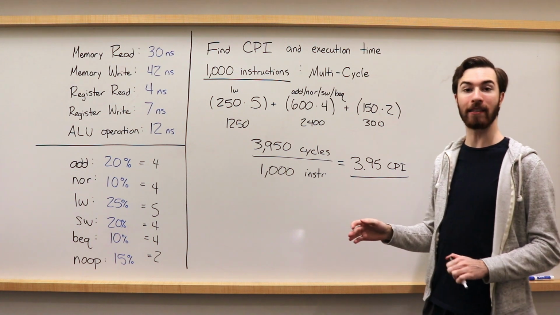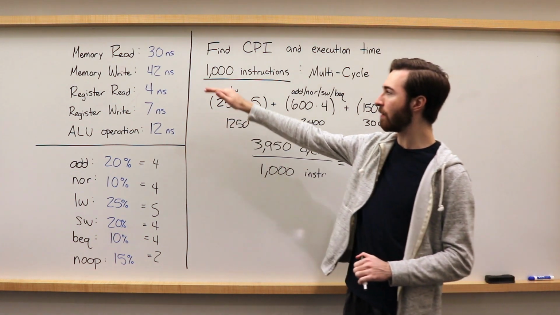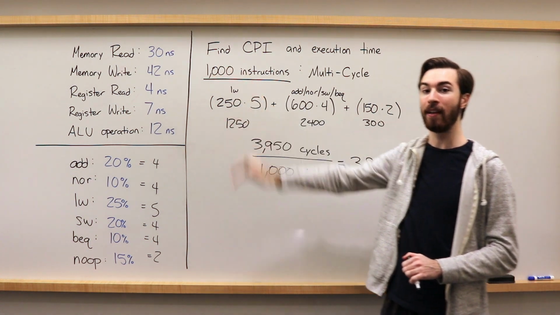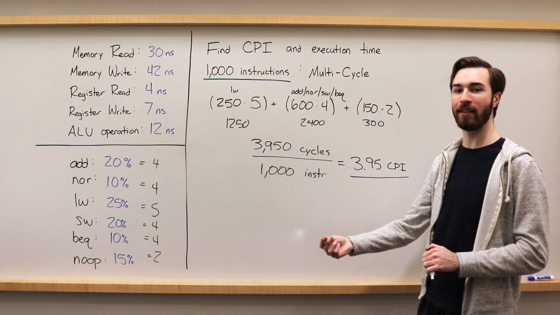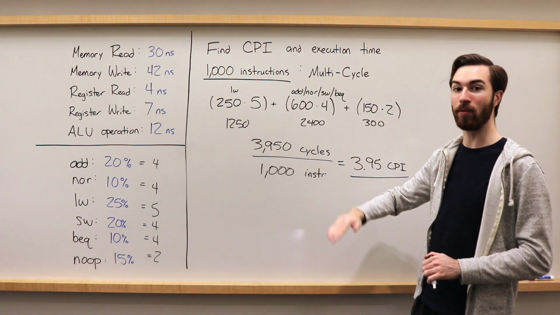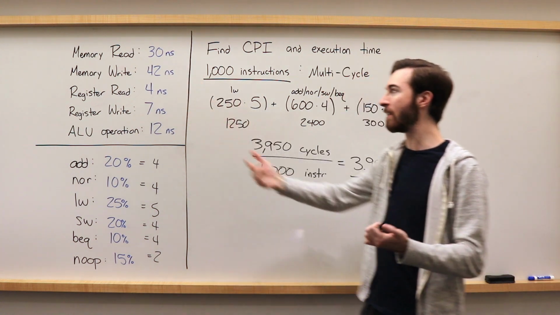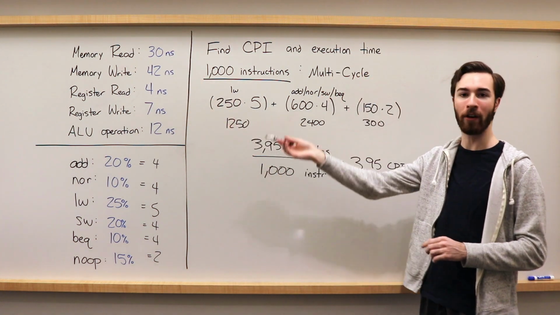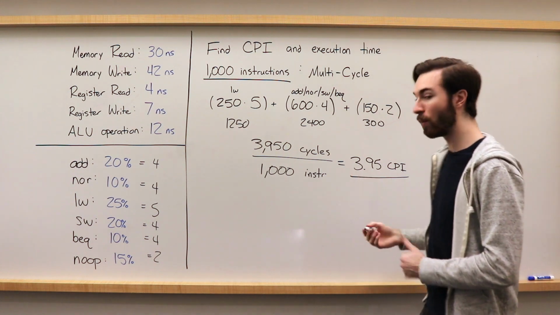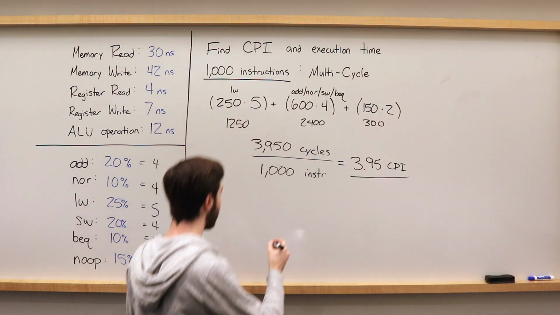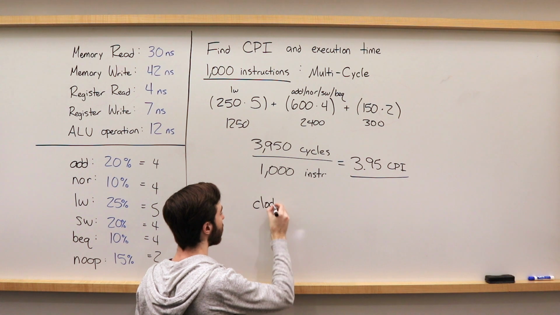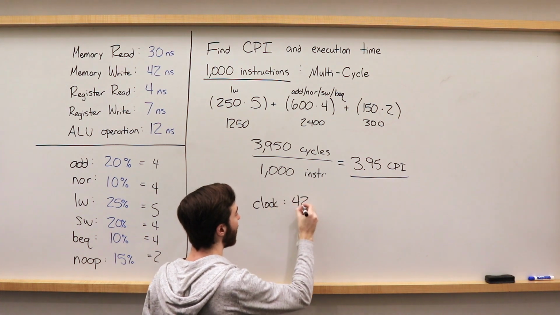Because the idea of multi-cycle is that you're only having one of these components executing at a time. So you know that each clock period can execute just one of them, and so the clock can run, in this case, every 42 nanoseconds, because that's the time that it takes for the longest component to run. So if we assume that our clock period is 42 nanoseconds,